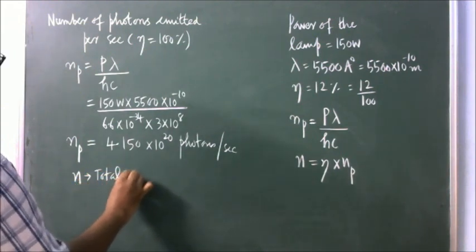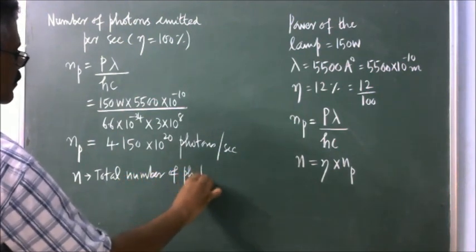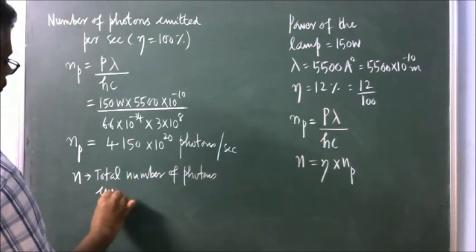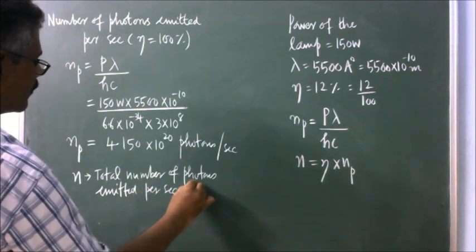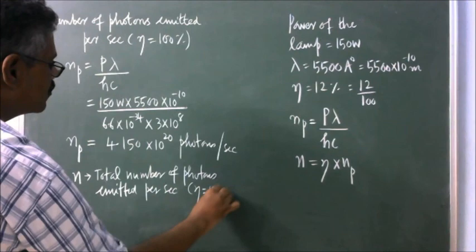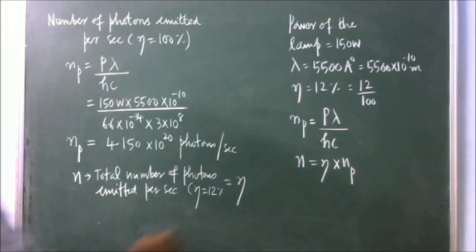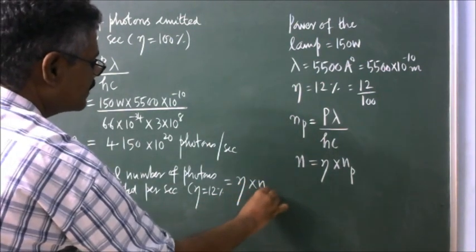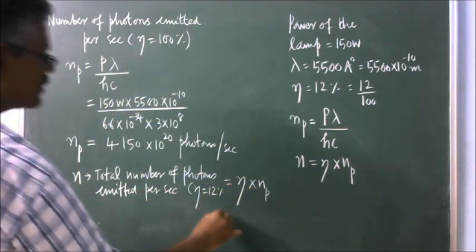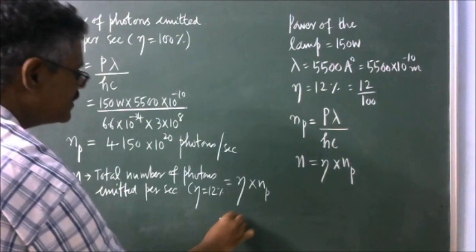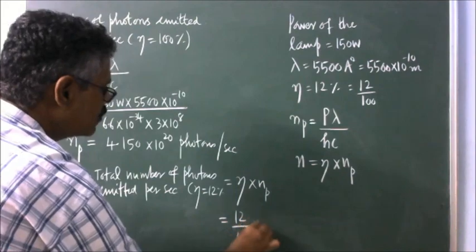Total number of photons emitted per second when the efficiency is equal to 12%. For that you can use this formula: eta, the symbol for efficiency, into NP. NP, the number of photons emitted per second when the efficiency is 100%, was already calculated. Now substitute the efficiency value of 12%. 12% can be written as 12 divided by 100, into this value,